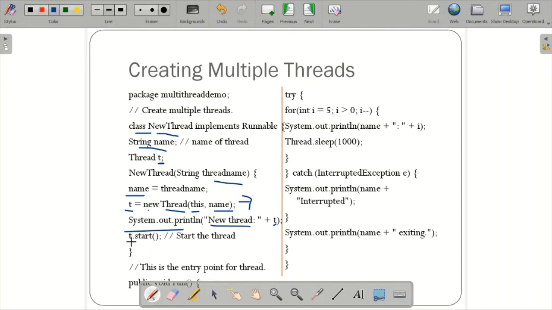After that, you call t.start. Do you know what the job of t.start is? Once your thread is ready for execution, when the object t of Thread is created, your thread is born. As I told you in the life cycle of a thread, whenever you create an object t, your thread is born, and it can either go to the start stage or to the stop stage, that is the dead state. When you call t.start, it starts the thread for execution, but those threads will be moving to the runnable state.